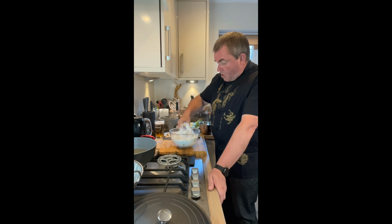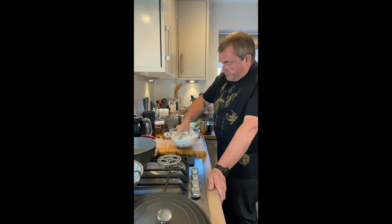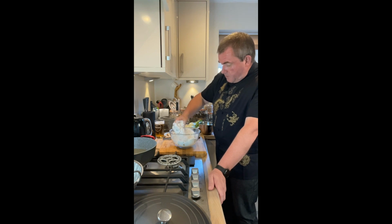Obviously there's a lot of these recipes about for crispy beef, but I'm using his, and as he quite rightly pointed out, you keep massaging that in there, and after a while they separate into the individual bits, and it's going to coat each one nicely with a thin layer